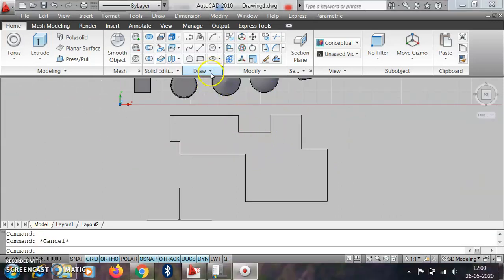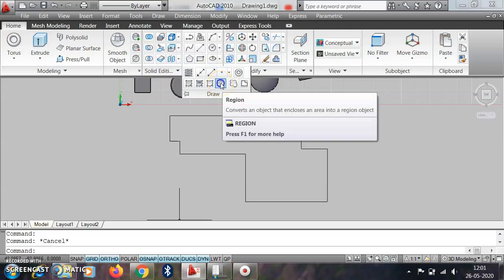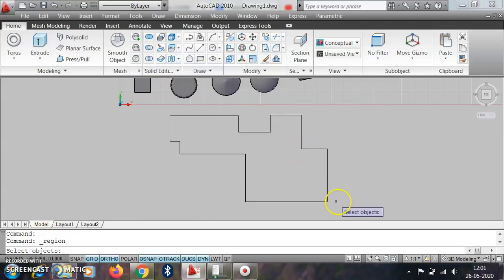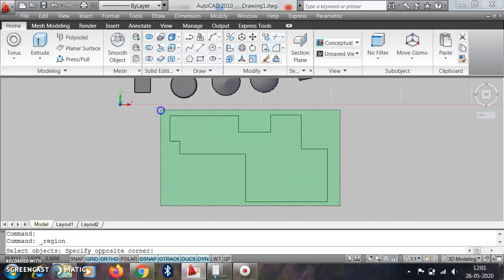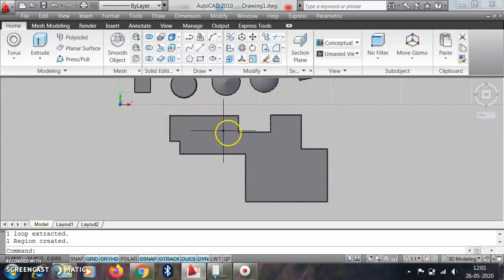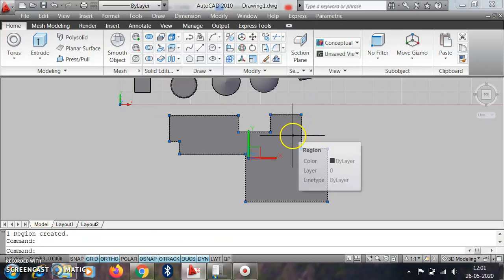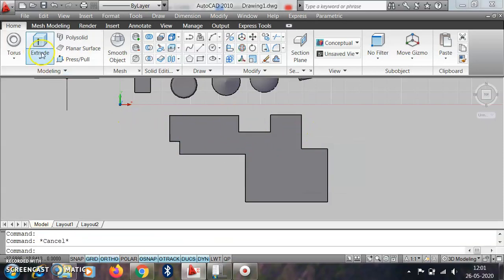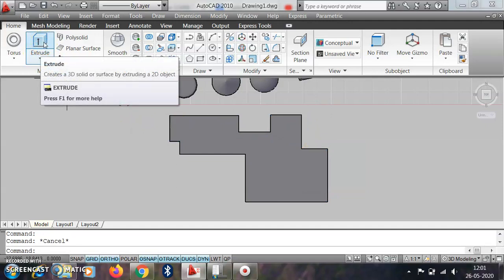We have a command for that, the region command. In the Draw option we have the region command. Select this region command and select all the objects here, then enter. Once we enter, all these objects get interconnected with each other, and after that we can use the extrude command.